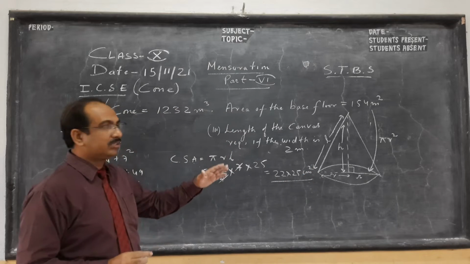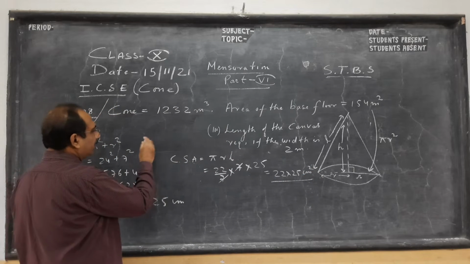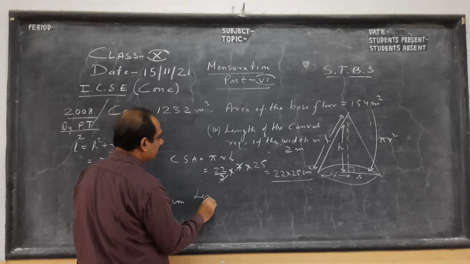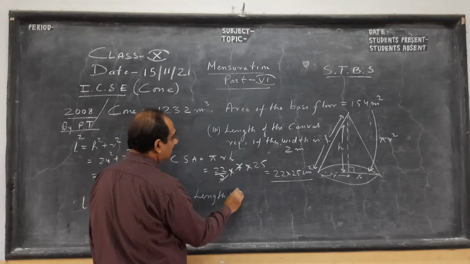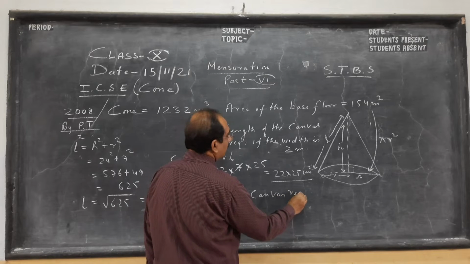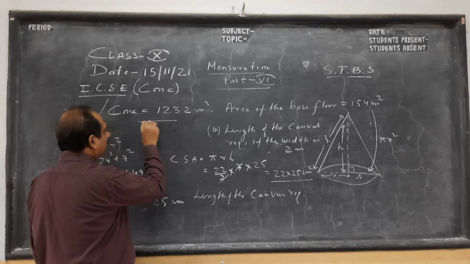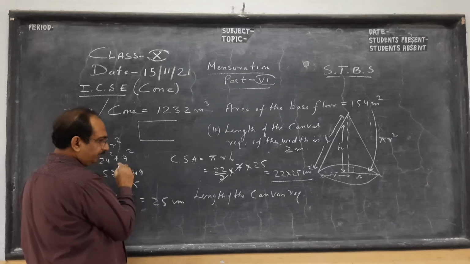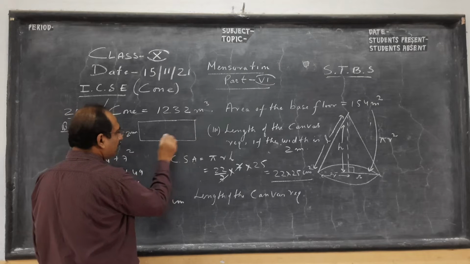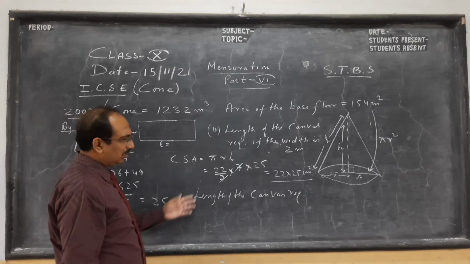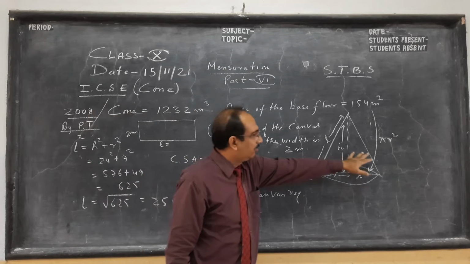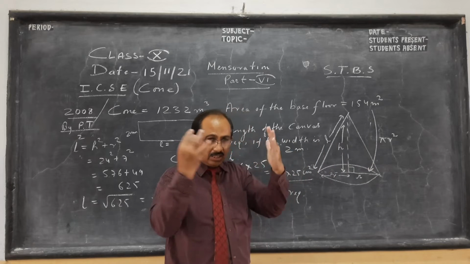Now finally, since the width is 2, like a ruler, what we will do is find the length of the canvas required. Now see this part. If you have the canvas, and the width is 2 meters, try to understand what length I need, which will be the answer, I think 375 or something. So this we make and cover the curved surface area of the cone.